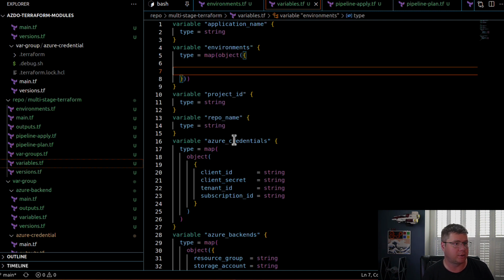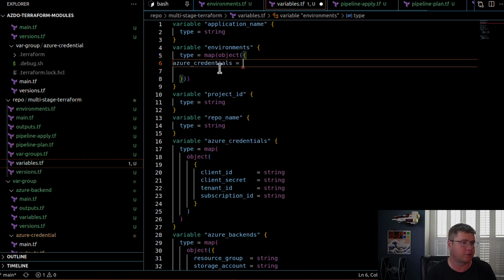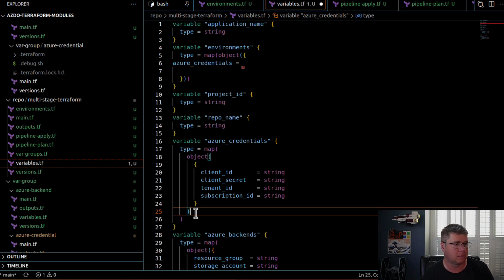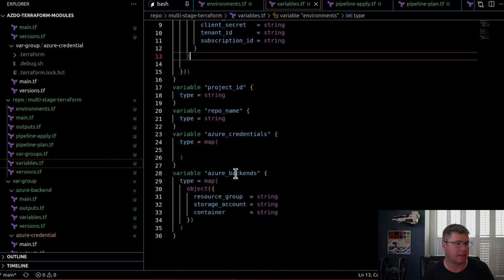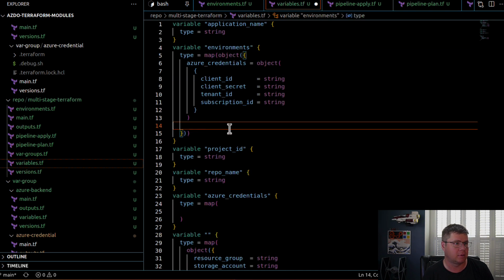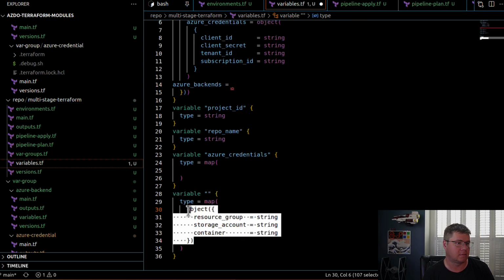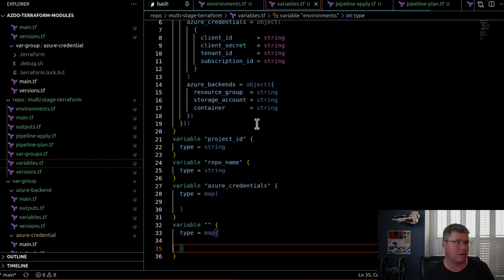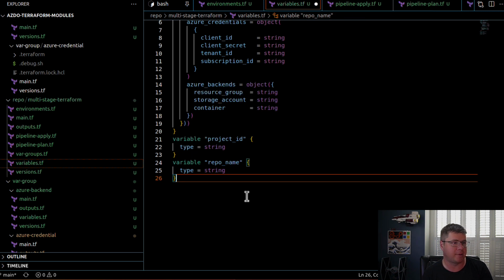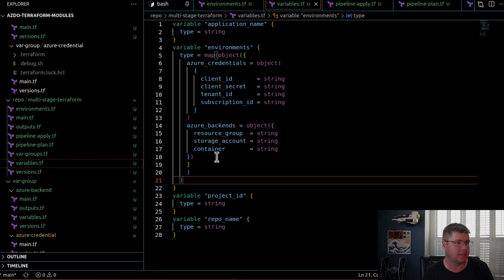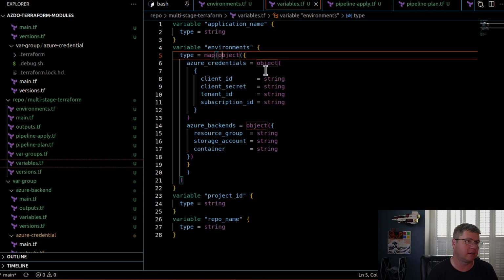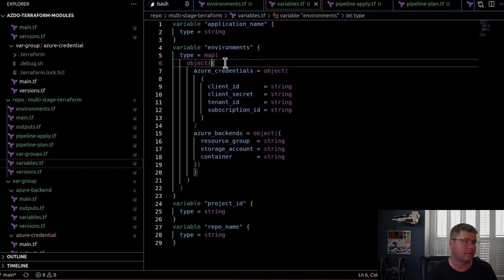basically what I need to do is I need to declare an Azure credential object, which is going to be this, and then I declare an Azure backend, which is going to be this. And now I can just use this map of environments, and I can use that. And then this will kind of keep all of the environment stuff in the same place, right? And so I've got,